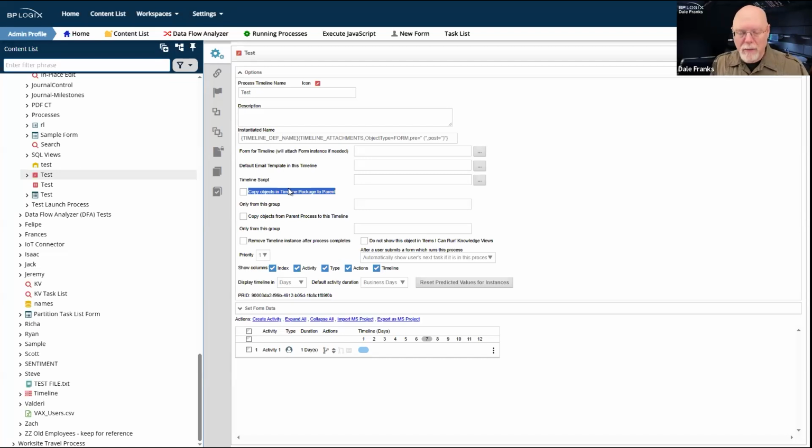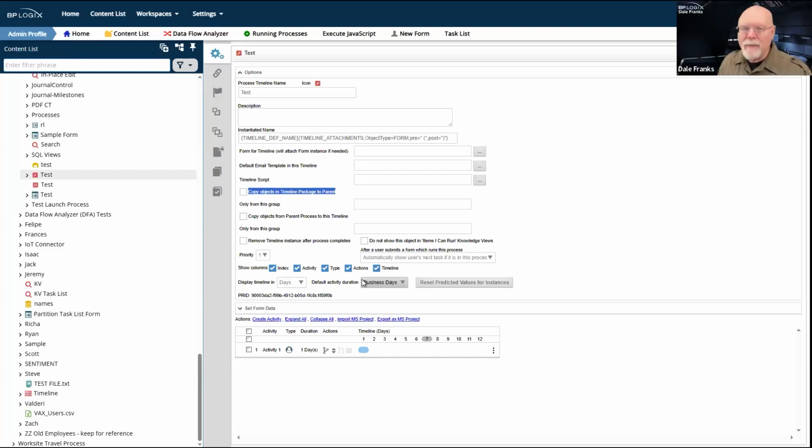And I need, in many cases, to be able to get the objects that are in that grandchild process, which I guess is a new term that I'm just creating off the top of my head. We need to get back all the way up to the grandparent and move all of those objects up through 2 levels. So 6.1.300 is going to support this multi-level transfer from child objects all the way back up to whatever the ultimate parent has to be.